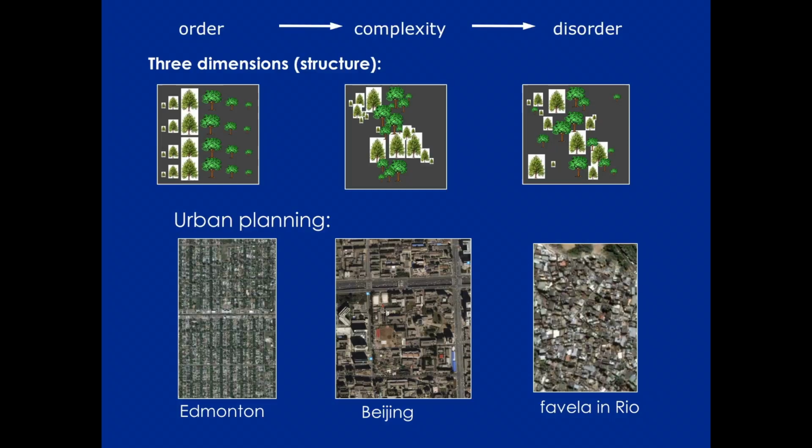So I had to do this. I'm sorry, I put Edmonton down at the bottom. So there's kind of order, which is highly structured, where things are very organized, and your streets in Edmonton are very organized. They're wide, and the numbering system is a very orderly system, right? And so I don't know if the way your streets are laid out in Edmonton affects your forest management or not, but